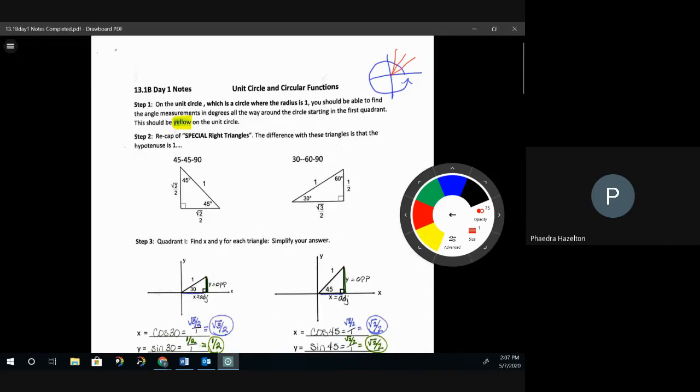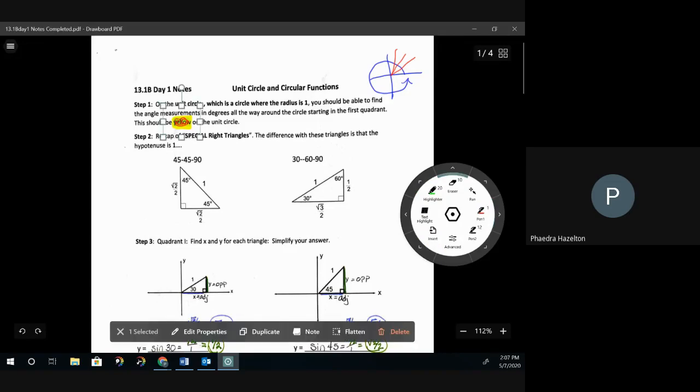But before you do that, you'll notice that in this lesson, you have 2 assignments. One of them is a unit circle, and it's in a Google slide, and you're going to have to fill stuff out. So the first thing that we're asking you to do is you're going to have to go